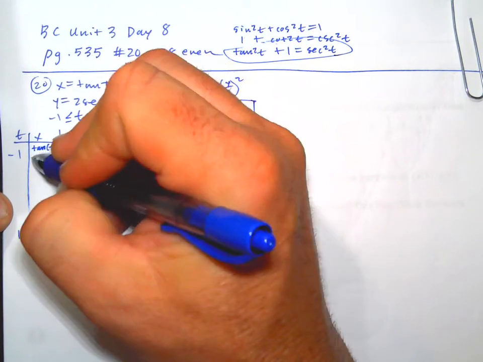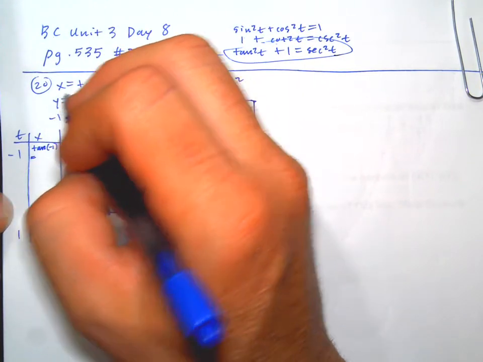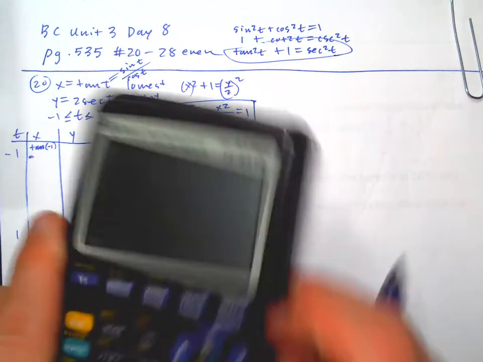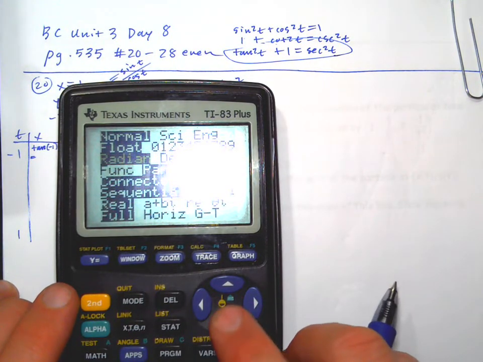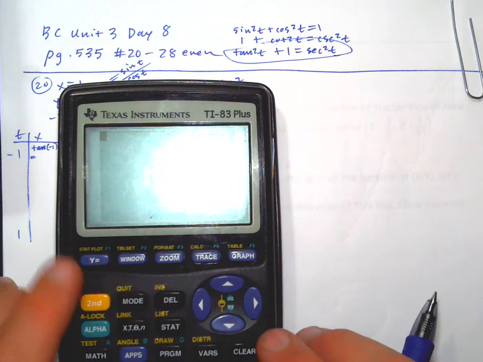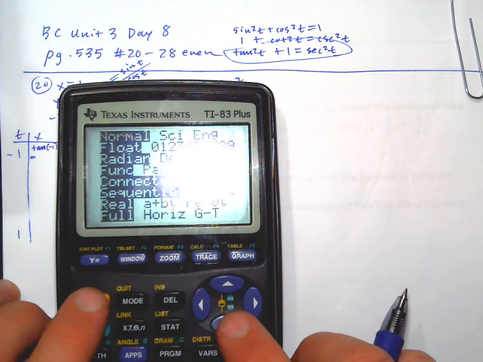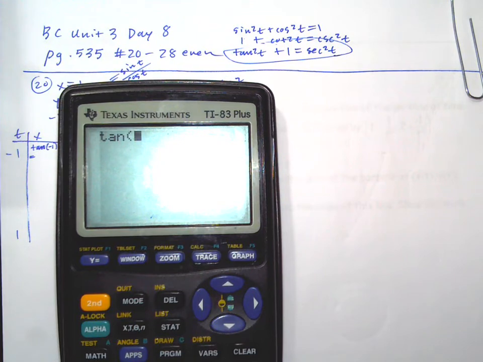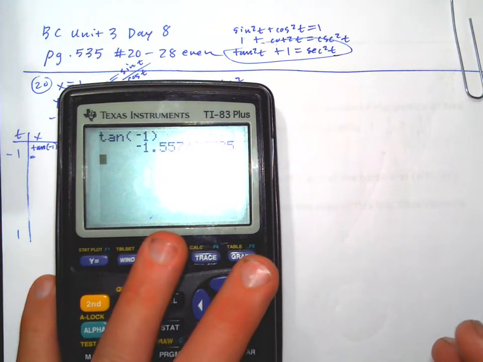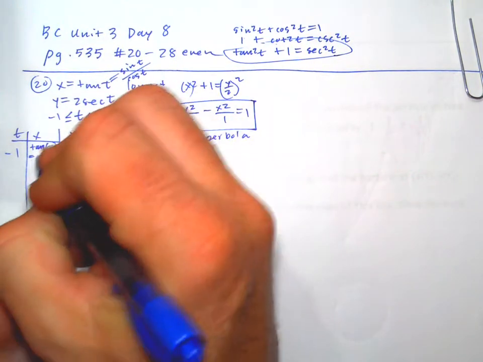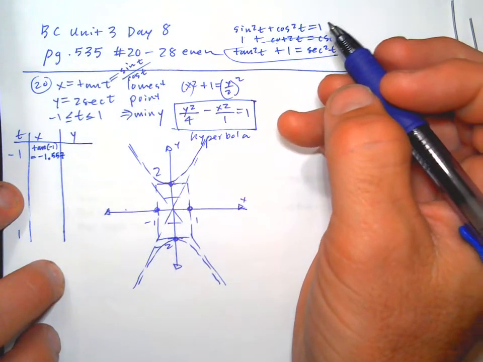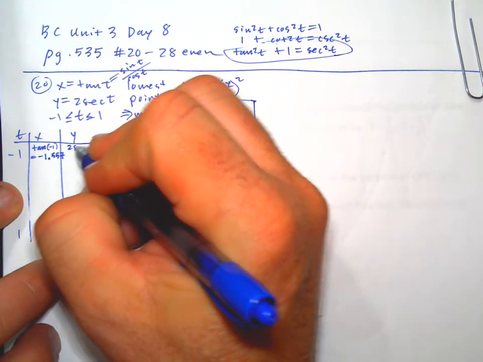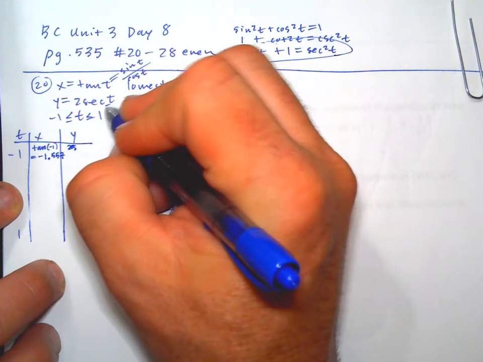On your calculator, that should be in radian mode. So tangent of -1 is -1.557. And then 2 secant. Secant is 1 over